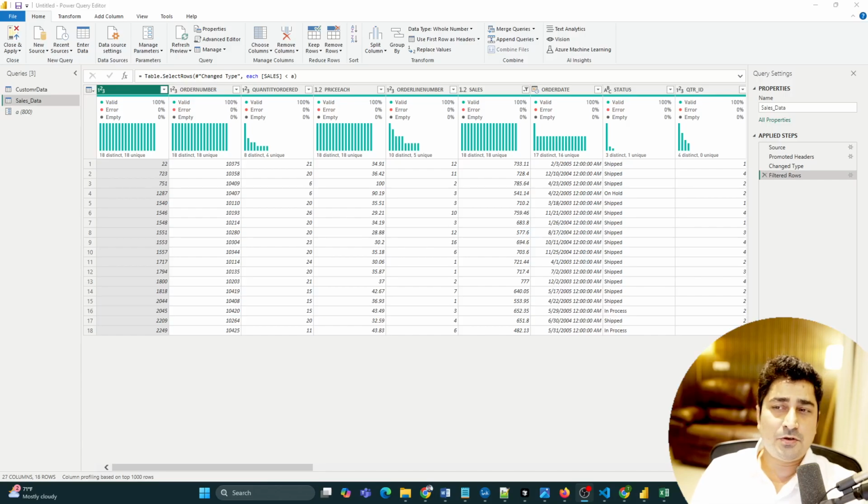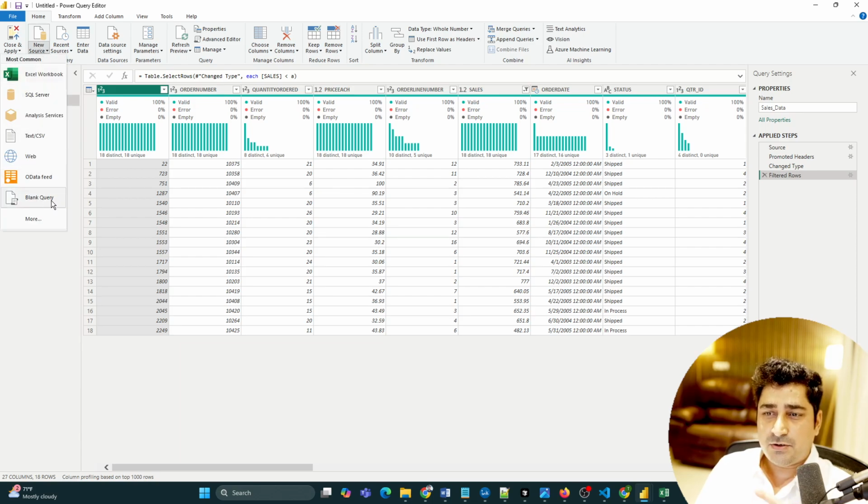Now in this lecture, I'm going to talk about how we can create a custom date table. Custom date table, how I can try to create inside Power Query. So here, what I can do is that last time I have created a parameter, right? So here I can go to New Source again, and then I can go inside a